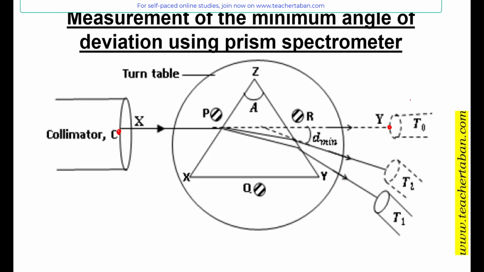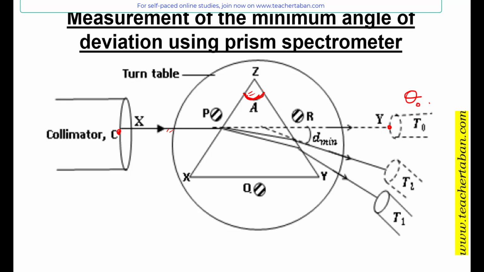At this point, simply take note of the angle theta naught from the spectrometer scale. Then, after that has been achieved, you replace the prism onto its turntable in such a way that the refracting angle of the prism is pointing away